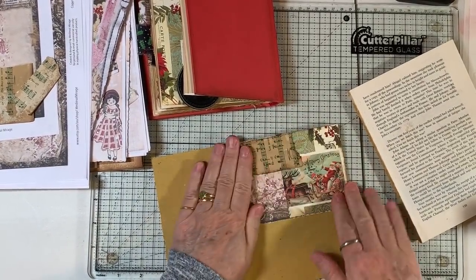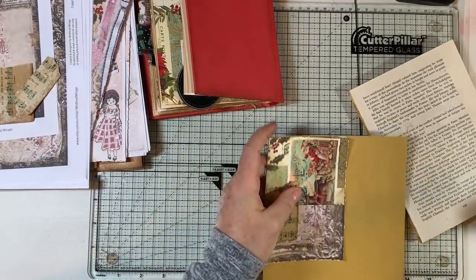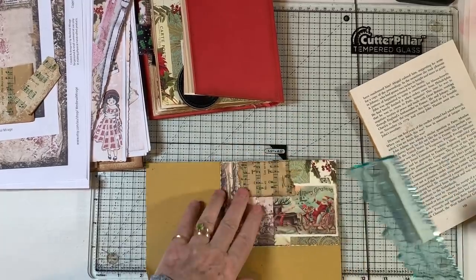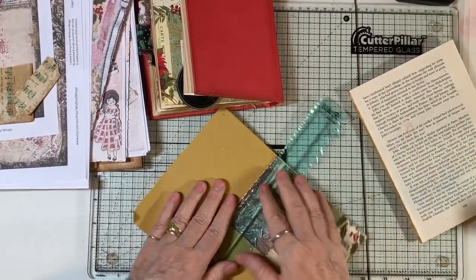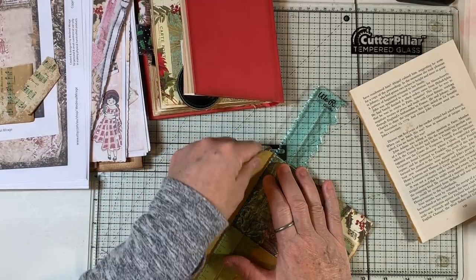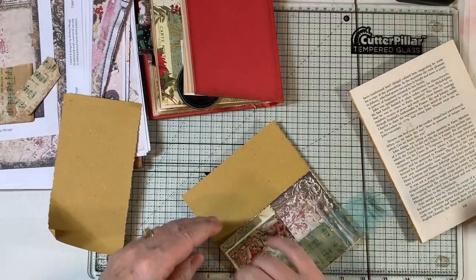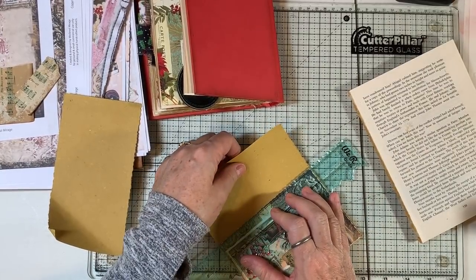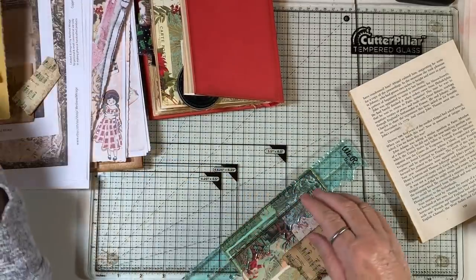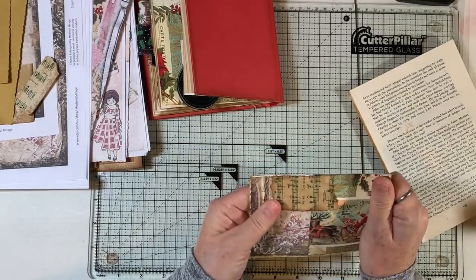Okay, so that is on there. Let us rip. No, let us rip this way. I always try and leave the biggest piece intact when I'm doing scrapbook paper or anything like that. I always do that because then you've got more pieces to use on something bigger. Okay,